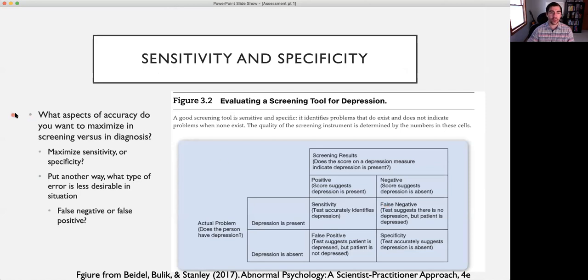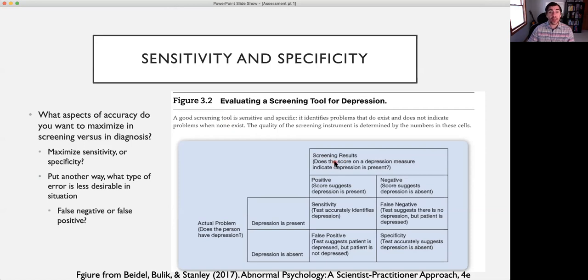So I want you to first just ignore this part over here. This is a follow-up question, and just focus on figure 3.2. This is coming directly from your textbook. So this is a key table that I'd like people to really spend some time thinking about and looking at: what is this table telling me? And I'll take some time here to talk about it.